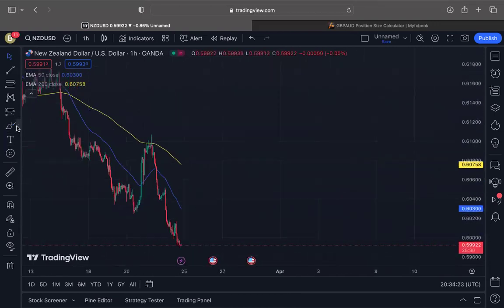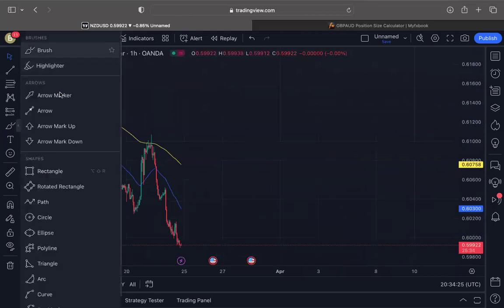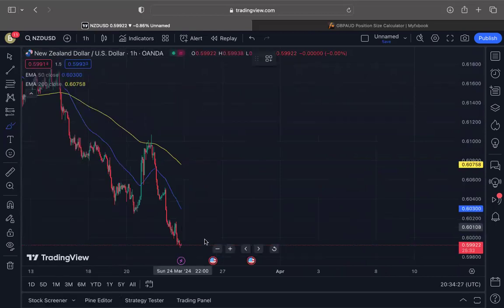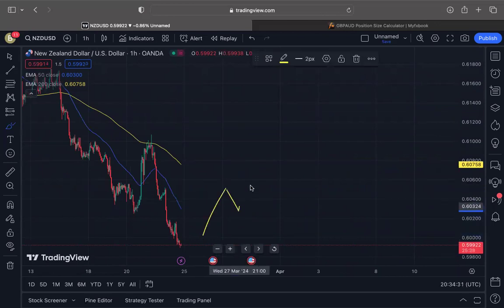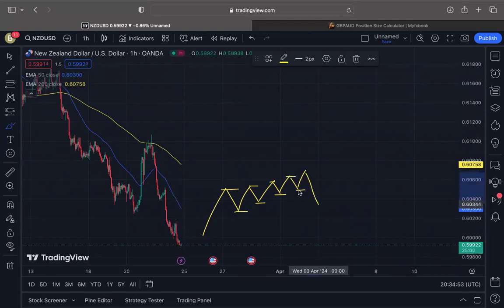Another question people have been asking me is, how do I know that the market wants to change from uptrend to downtrend? So I'm going to use the drawing tools. As you can see, this area is going to represent our support and our resistance, and when the market pulls back and goes up again, it's going to be our new support, our new resistance. If the market pulls down, the same thing applies. So we'll finally see price break below this support,